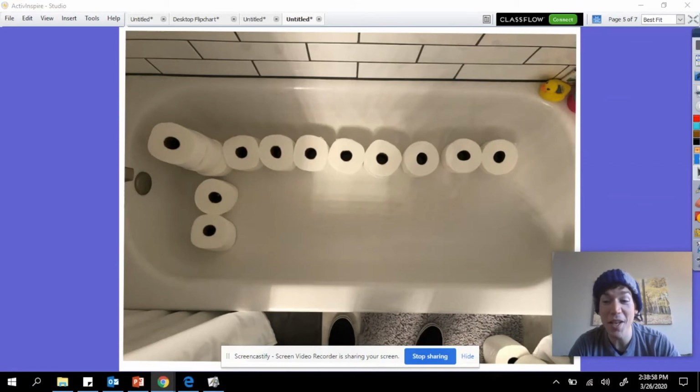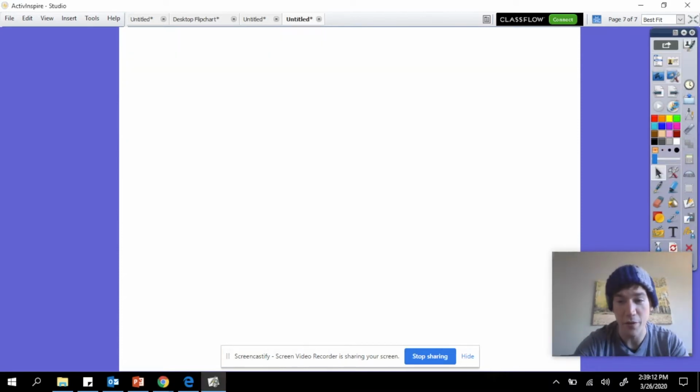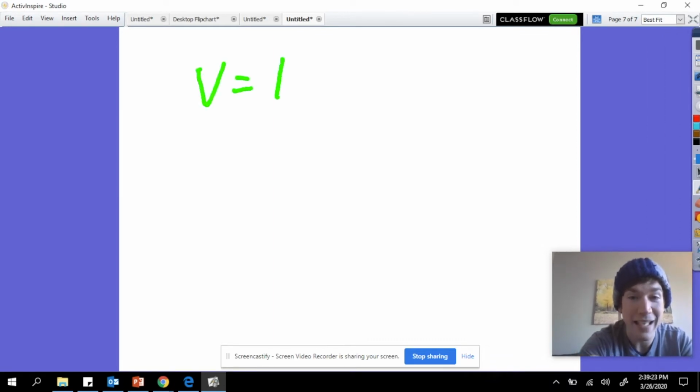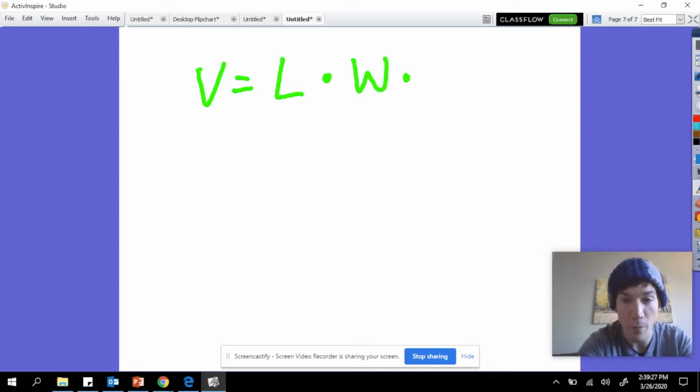All right, guys. So, in thinking about this question of how many rolls of toilet paper would fit into the bathtub, I put the picture of my bathtub here and I kind of showed you the three dimensions of my bathtub. Now, before we start talking about how many rolls of toilet paper, I want to remind you guys of a couple things. First off, remember when we're talking about a rectangular prism, which is roughly the shape of my bathtub, we're saying that volume can be found by taking the length multiplying by the width